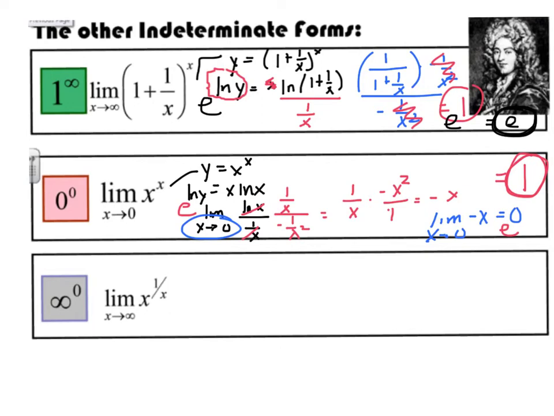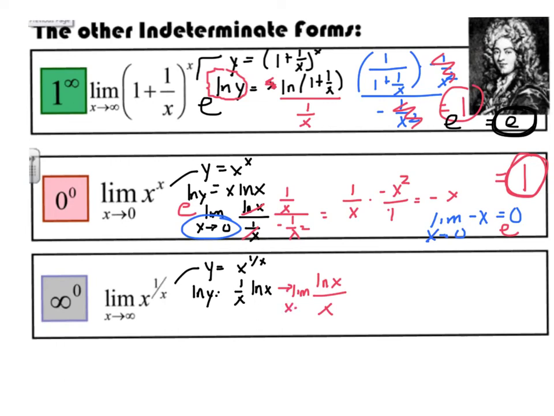Okay. Let's do one more like this. Okay, so y is equal to x to the 1 over x. So the natural log of y is equal to 1 over x, natural log of x. Okay, again, as we're going to infinity, we end up with 0 times infinity. That's definitely a form. So then we could rewrite this as natural log of x over x,